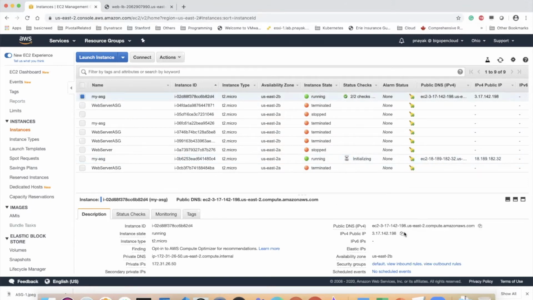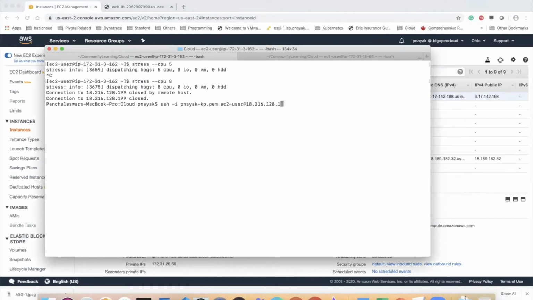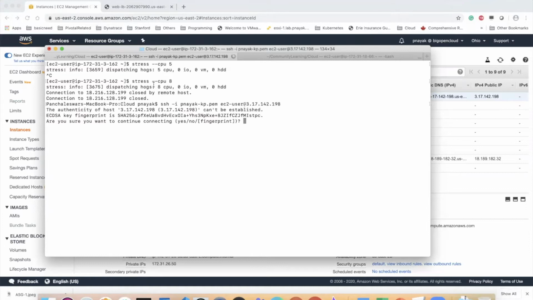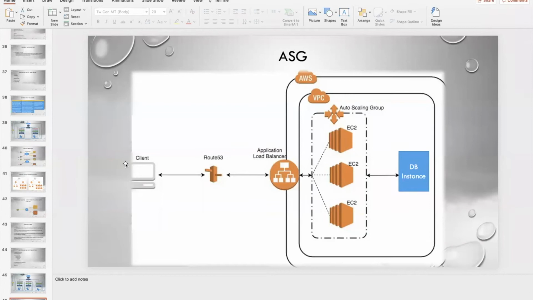Hopefully this time it should work. Okay, again, I have to install the stress tool because these are new instances. Stress will not be found. So, but